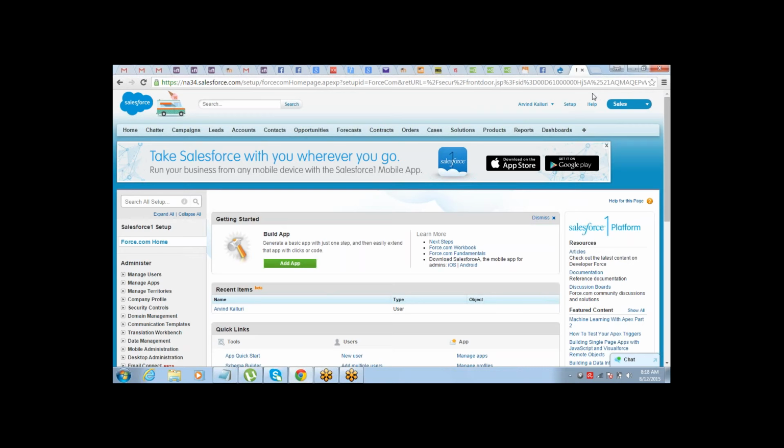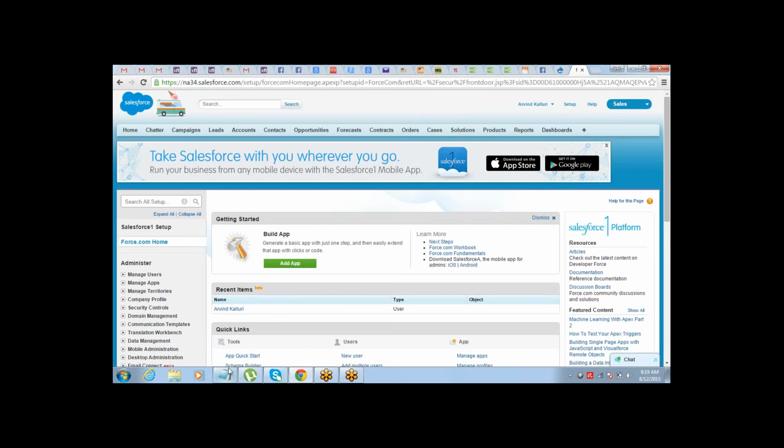And if it's not a trial, then how do you understand which edition it is? You just take your mouse here, you will get to see which edition it is. See, do you see developer edition written here? So if it's a developer edition, or it's an enterprise edition, or an unlimited edition, you will get to see from here, right? The moment you start accessing a client's instance, you do not ask the client, okay, fine, can you tell me which edition it is? You just go and see it here. Okay, just a small thing.